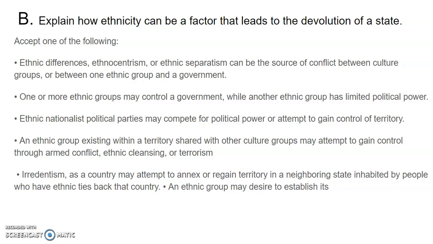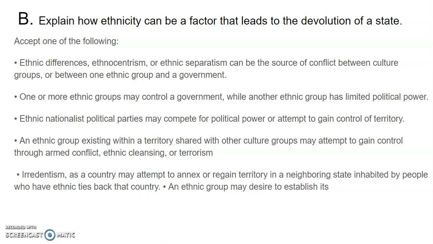Remember, the devolution of a state is the demand for more autonomy for groups against the central government, against the government of the country. So devolution is as you begin to see more demands for autonomy against the central government, the federal government of the state. So any of these would be acceptable answers. 1, ethnic differences, ethnocentrism, or ethnic separatism can be a source of conflict between culture groups or between one ethnic